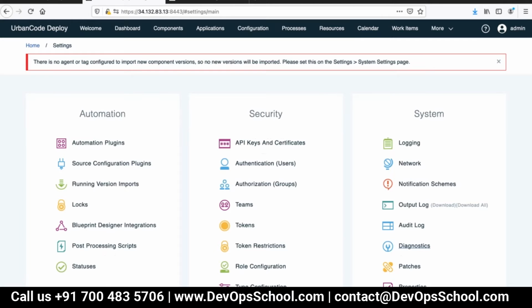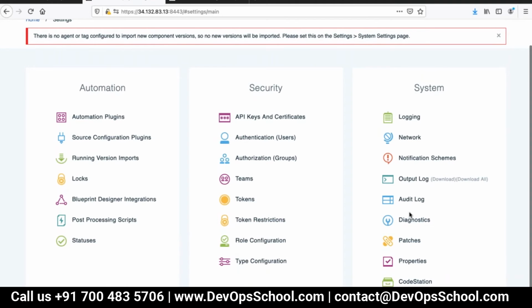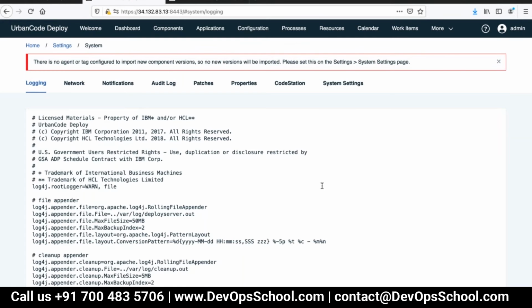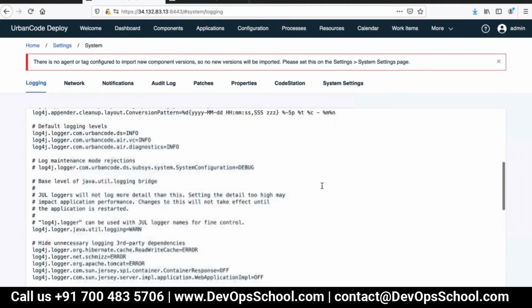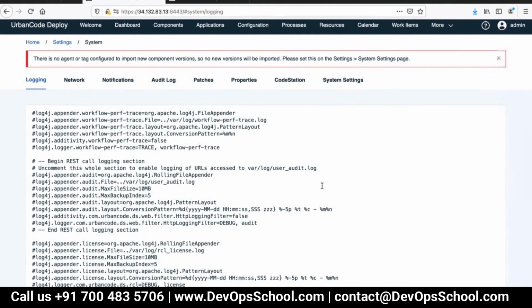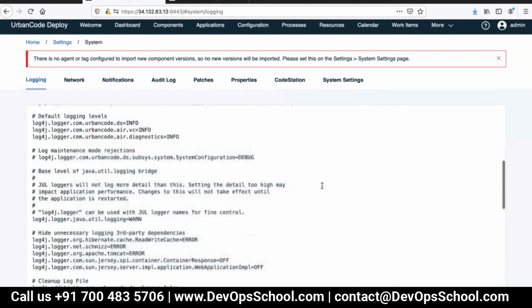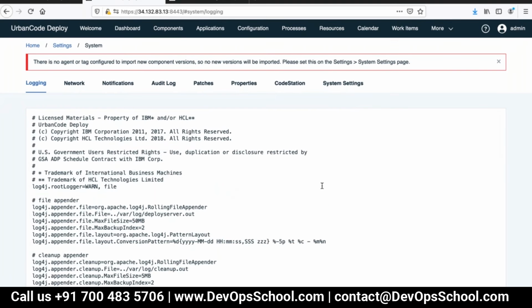Enable the log4j logging. It is telling that you want to enable this so that it can show. Now it is not required. Leave it like that. We have to troubleshoot where we are missing.